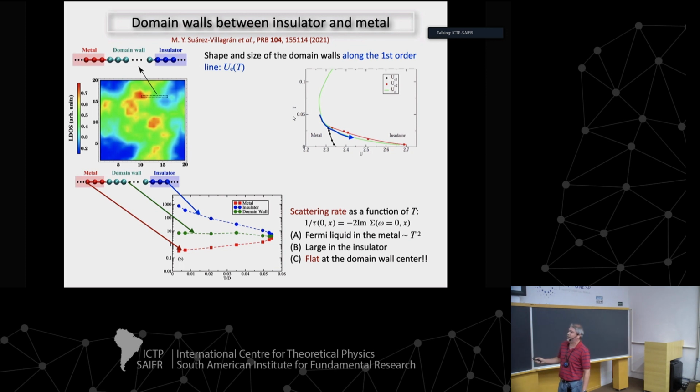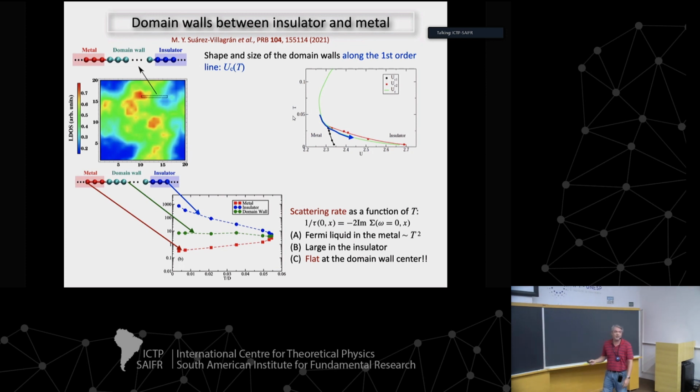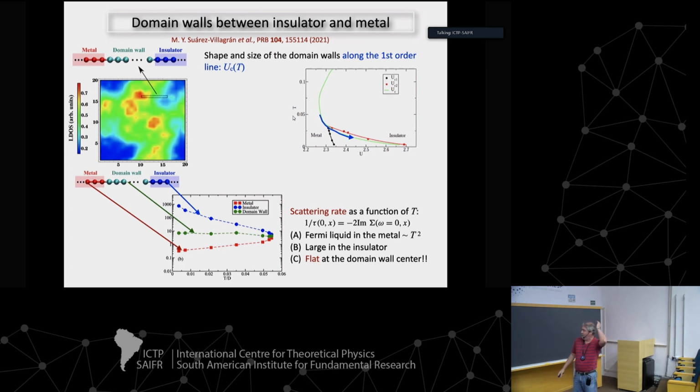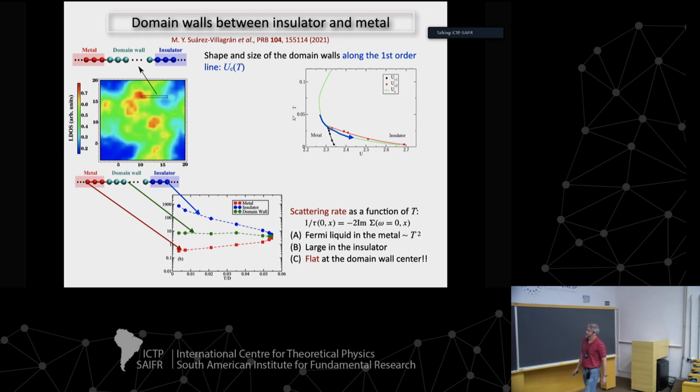So in terms of fermions, this is very strange, because it is a self-energy that's going to a constant as you decrease the temperature. It's sort of flat as a function of the temperature.